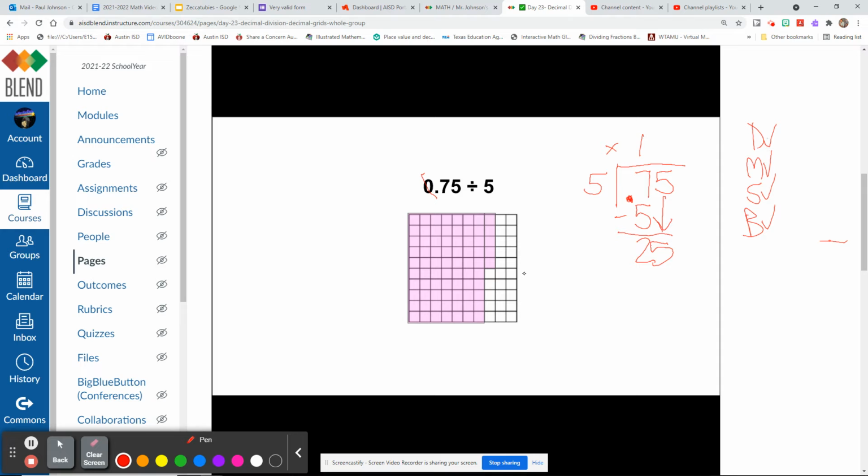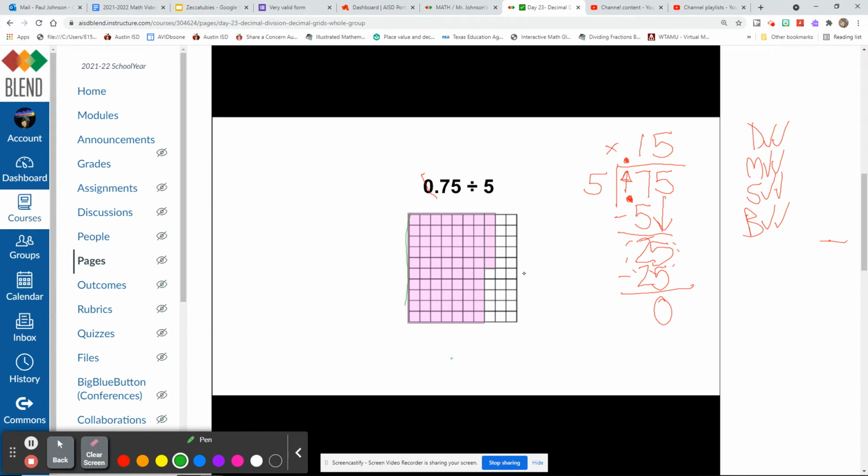So 5 goes into 25 5 times. 5 times 5 is 25. And then we have a remainder of 0. So now our decimal point can take the elevator to the top. And I know it looks strange, but we can have the decimal point at the beginning of our quotient as well. So 0.15. So that means that every group is going to include